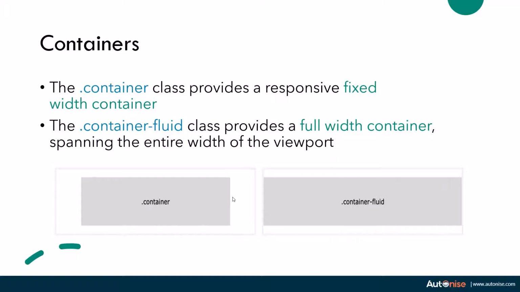As you can see below, first there is the container which has some padding on the right hand side as well as the left hand side. But Container Fluid will take up the entire width of the screen. So if you put an element inside container, it will start after some padding. Whereas if you put something in Container Fluid, it will start from the very beginning of the window. So this class, which is .container, is provided by Bootstrap.